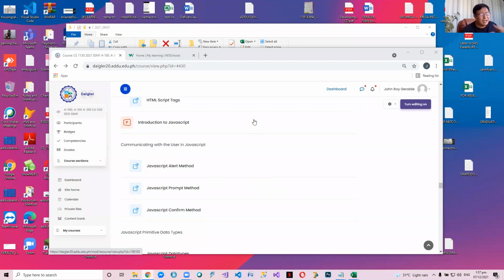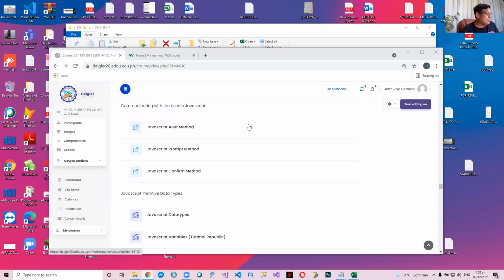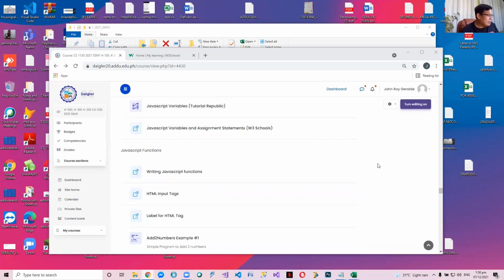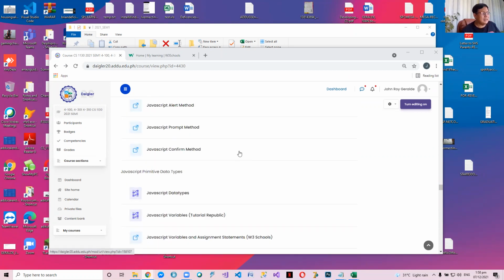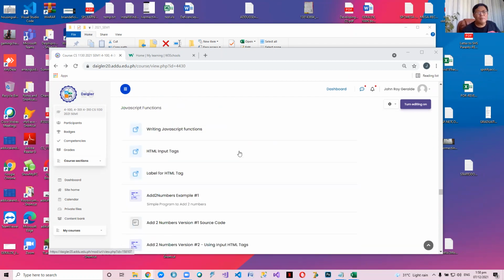Anybody can do this. I presume nowadays every student can do this, especially those who have undergone senior high. So we'll add SQL, and for programming we'll discuss JavaScript. We'll be writing simple programs such as computations in grades.